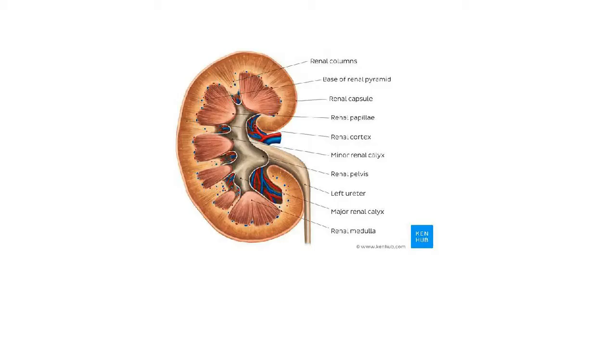Whereas the medulla is the part of the kidney which is divided into conical masses called medullary or renal pyramids, and the base of each pyramid is in contact with the outer cortex region, whereas the apical part of the pyramid, called the papilla, projects into the pelvis region of the kidney. This is how the structure of the kidney looks if you see the longitudinal section.